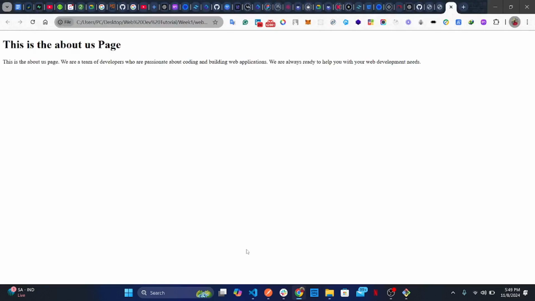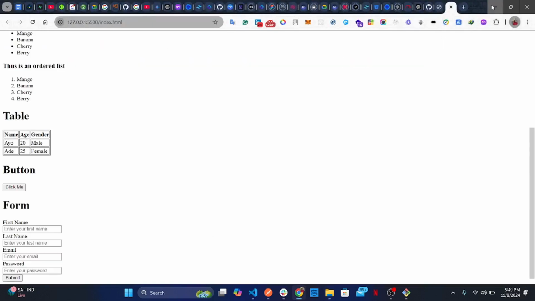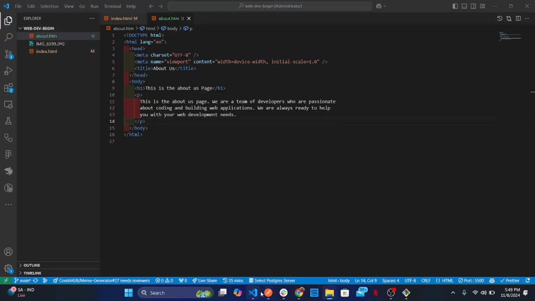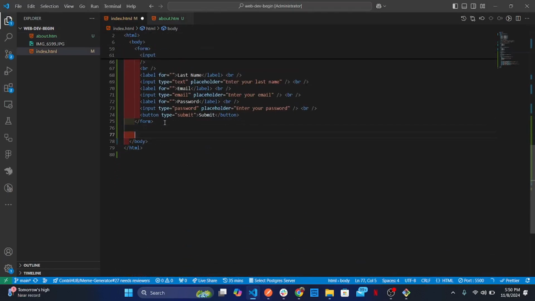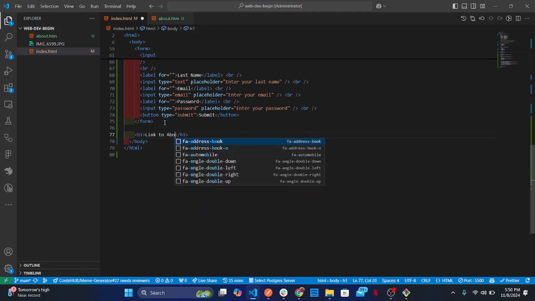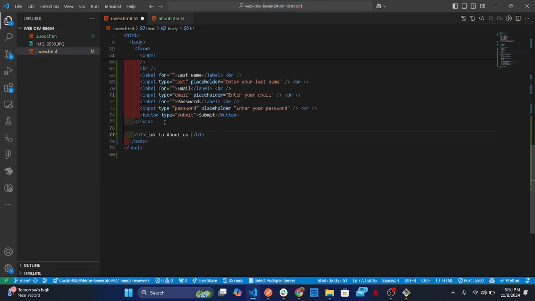Always Chrome. And this is the About Us page. So how can we link it? You know how we can do a link using the A tag, the anchor tag that we discussed the other time. I'm going to have a link down here. So let me just have an H1, link to another page, link to About Us page. I want to have an A tag of, let me say, about page. So this href,